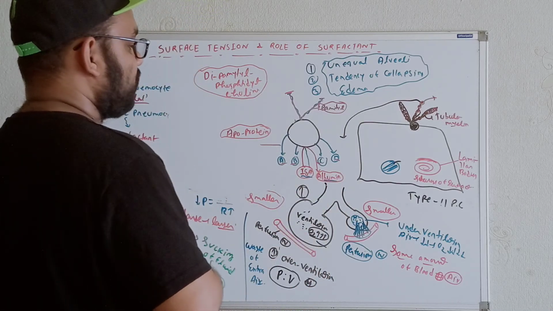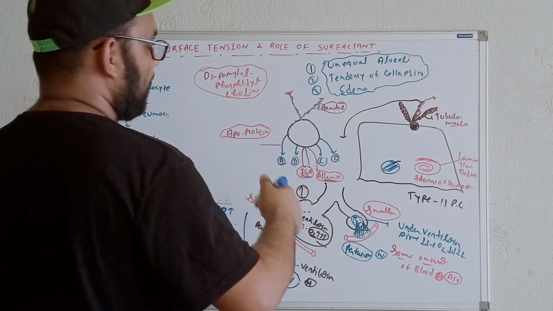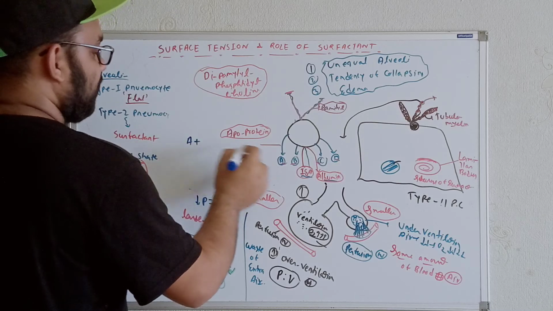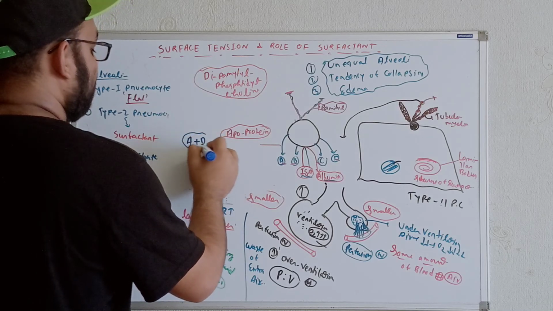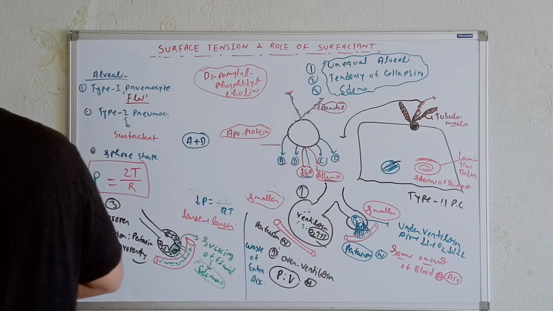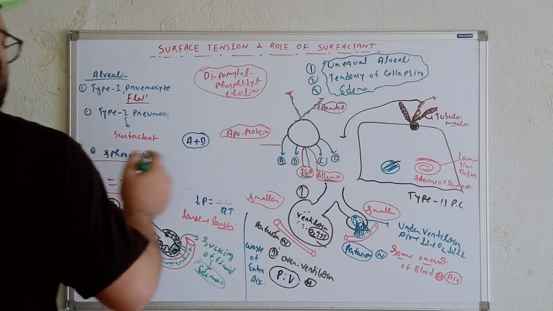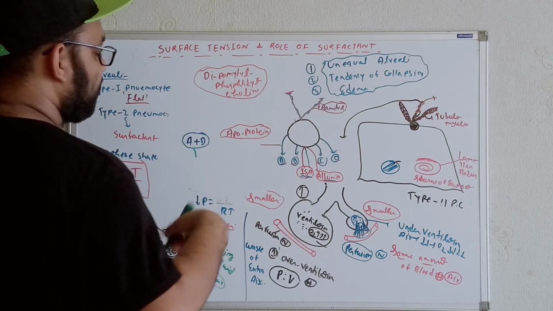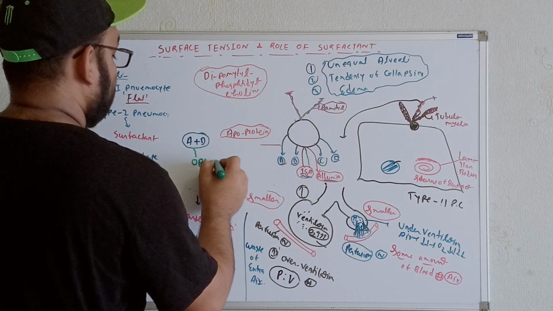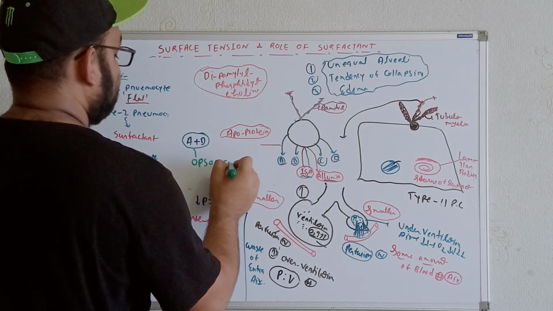Now, let's know about the different kinds of apoproteins and their functions. Apoprotein A and apoprotein D act as opsonin. They act as opsonin. That means definitely you know